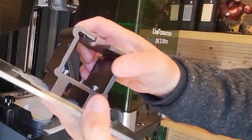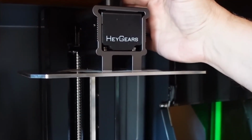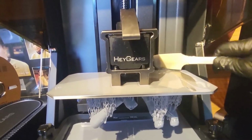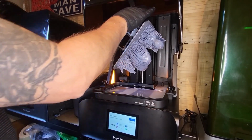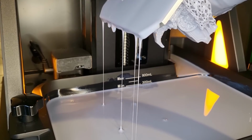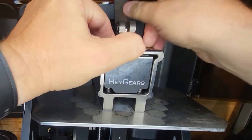The HeyGears Reflex RS Turbo build plate comes in etched solid stainless steel. It's quite heavy and annoyingly flat on the top with no slope at all, so resin tends to pool and must be scraped off manually, which can be a pain. Now, this can be fixed with an easy third-party print, but out of the box it's a bit of a pain in the bum. It too attaches via a lever lock mechanism for a secure quick hold and release, and